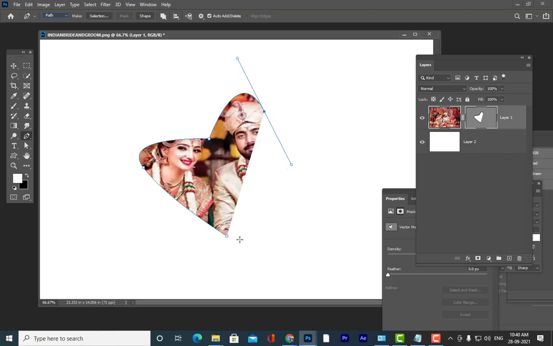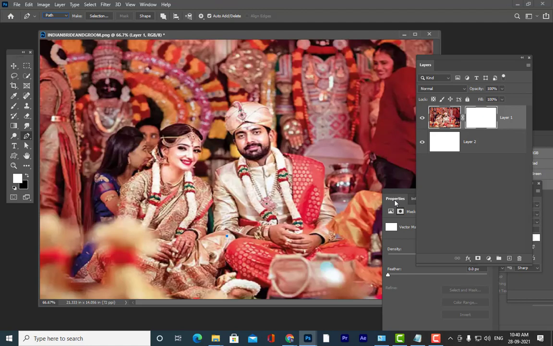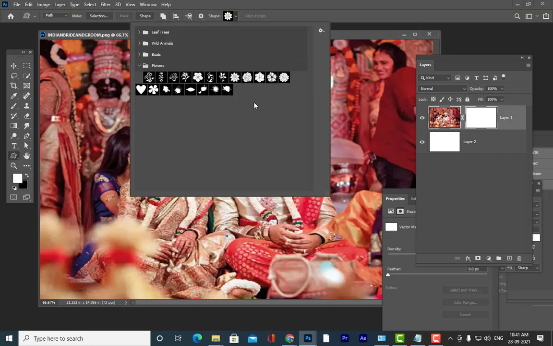Because this shape looks very simple to me, I will do one thing. Every time I'm using this heart shape, so this time I will do one more interesting thing. I am going to get a shape from outside, like let us say a butterfly shape. Let us convert that butterfly into a custom shape and save it in our custom shapes panel here. And then let us use that butterfly shape.